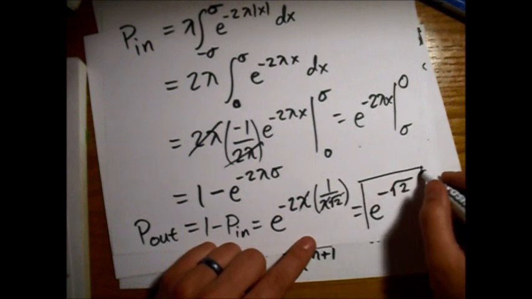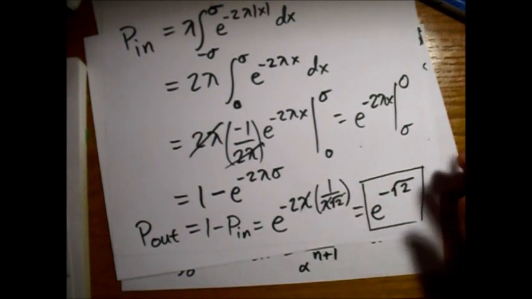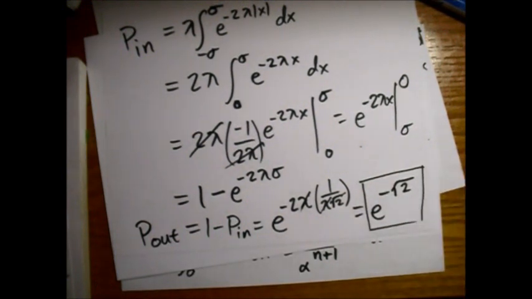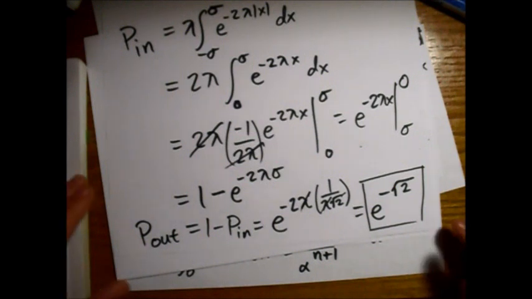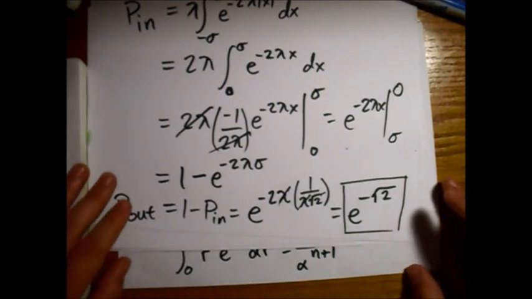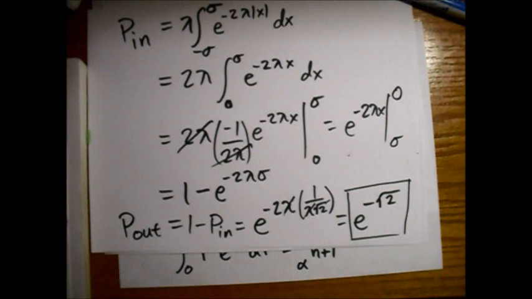This is the probability that, don't even remember what we're talking about anymore. So, just a particle, right? What is the probability that the particle would be found outside this range? Alright, and there it is. E to the minus the square root of 2 is the probability the particle is outside of, or is further than 1 standard deviation from the